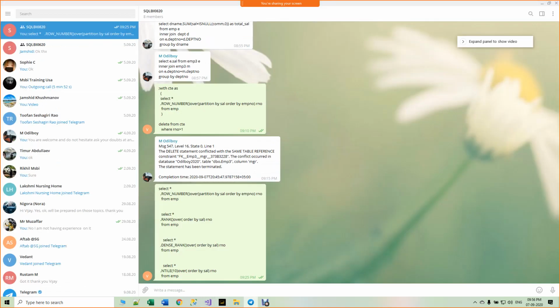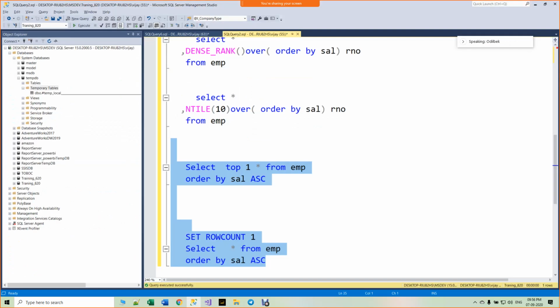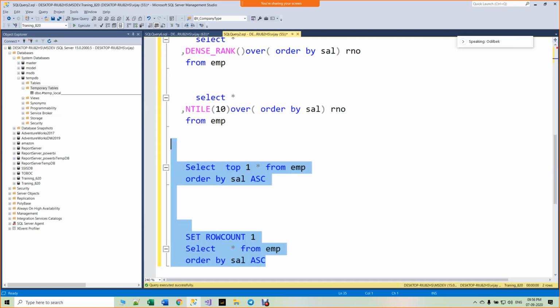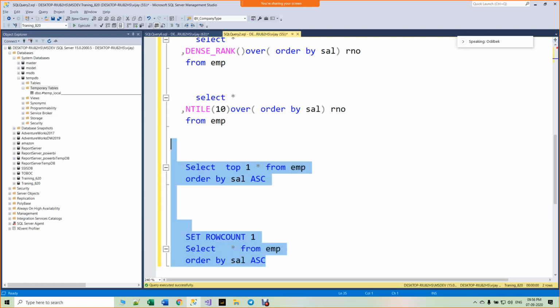The result was different, Vijay. Sorry. The result was different. Both the same? Because we need top two, and row count two will be different.